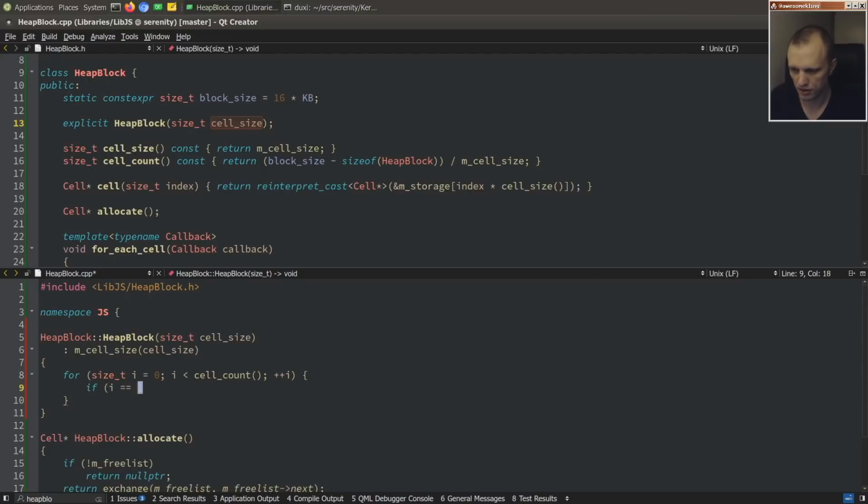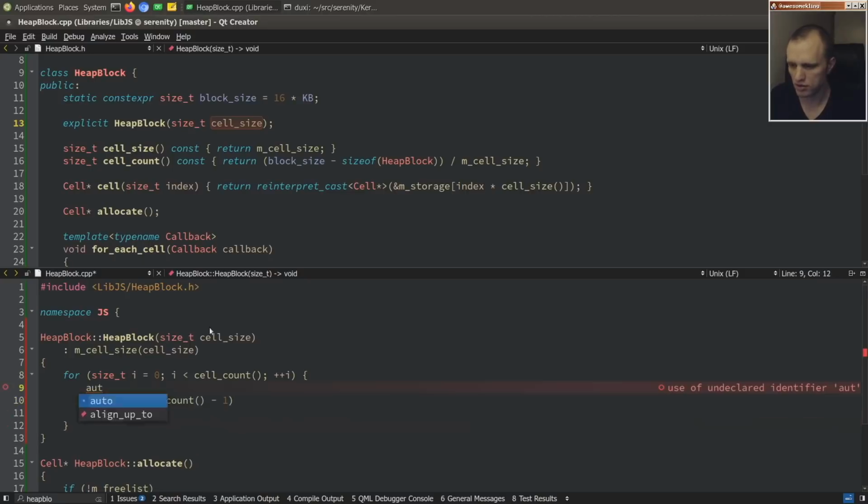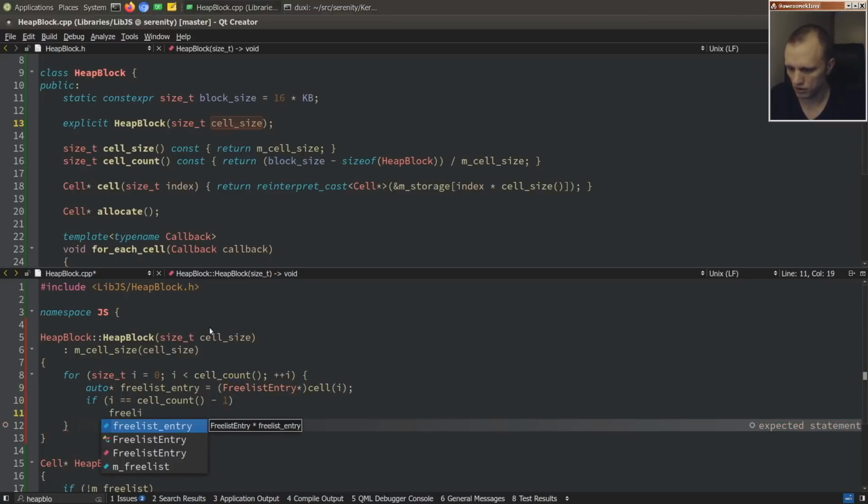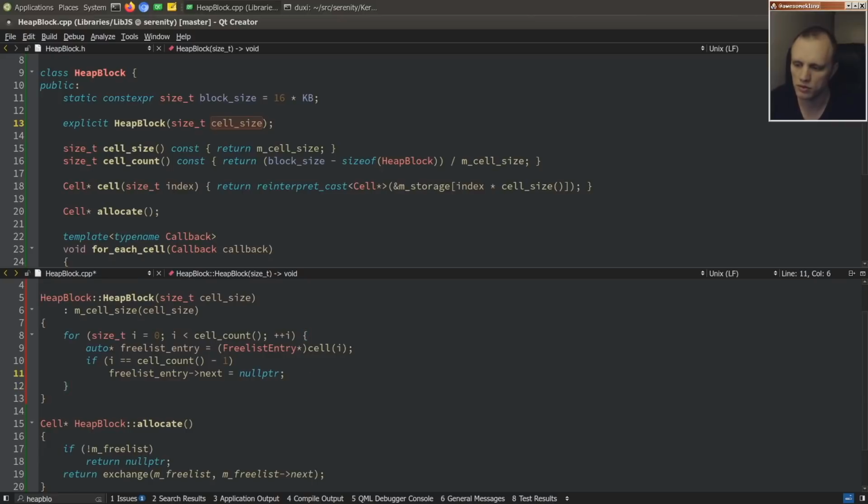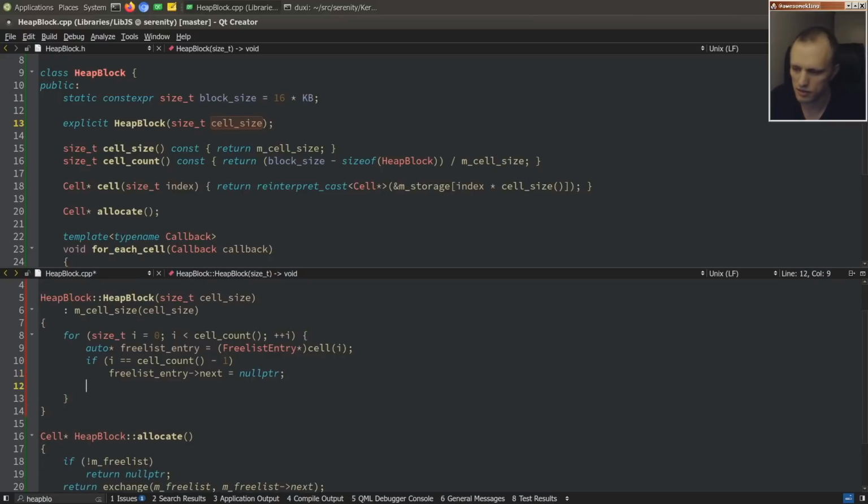If i is the very last cell, then let's see, free list entry is free list entry, cell at i. The very last thing is not going to have a next, so that's when we run out of possible cells to allocate in this block. It will be full. And then